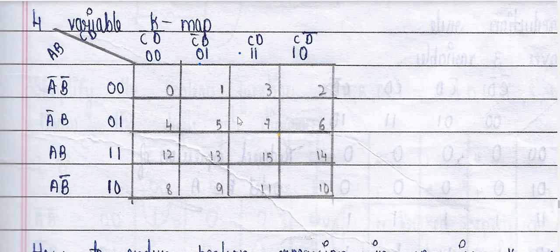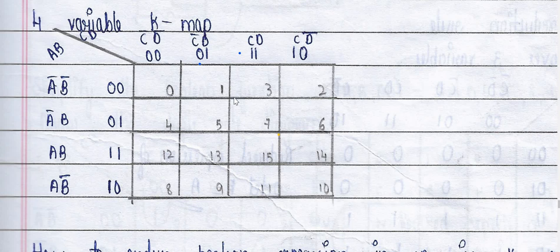In each problem, first you have to draw this K-map and write the variables. Then on the left side it is 0 0, 0 1, 1 1, 1 0. You have to be careful. The third number is 1 1, it is not 1 0. After that only it is 1 0. The top side is also 0 0, 0 1, 1 1, 1 0. This is the 4 variable K-map.